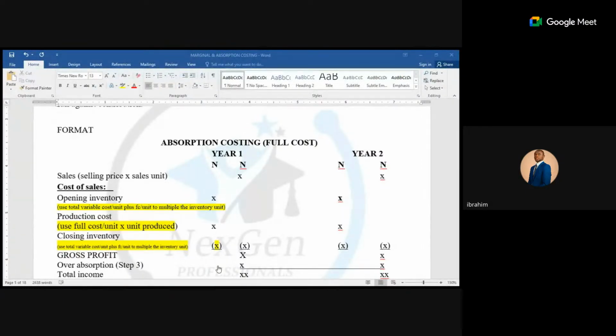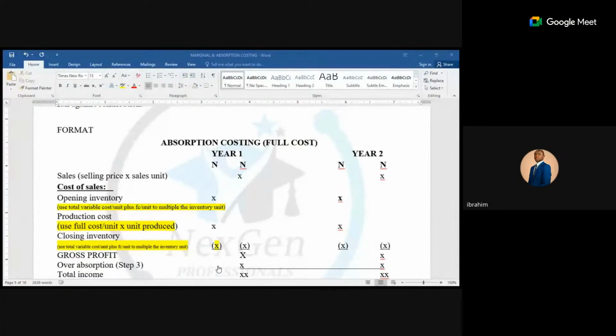And absorption costing has different bases of absorption of overhead. Maybe on the basis of material, budgeted units produced, budgeted machine hours, or labor hours. It depends on the company policy. These are what you should watch out for in your question, right? Now, how do we determine the overhead absorption rate, OAR? Budgeted fixed overhead divided by the budgeted level of activity.